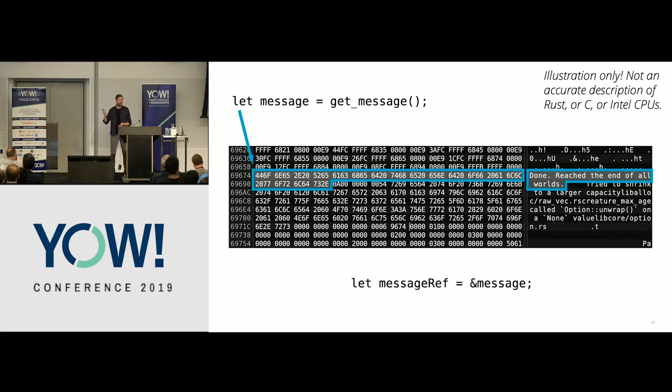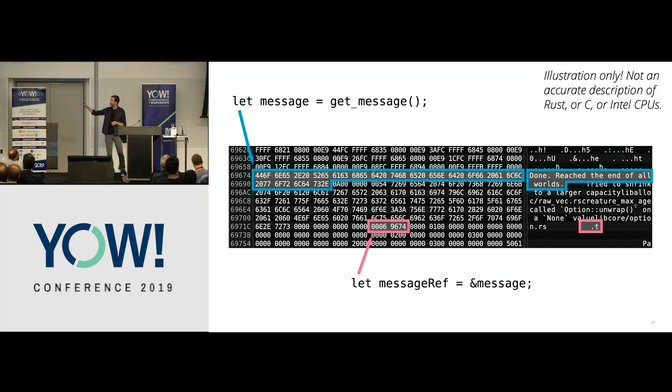What does this do, though? I'm very aware that in Java you always think you just point to something and it's there for you. But here, the message really owns that block of memory. But what is the pointer, that message reference, the borrowed thing? It is just an address in memory. It is a pointer to the actual block. And you can see this here,